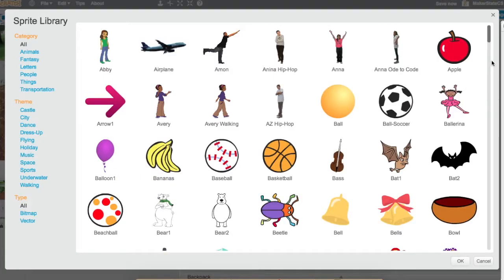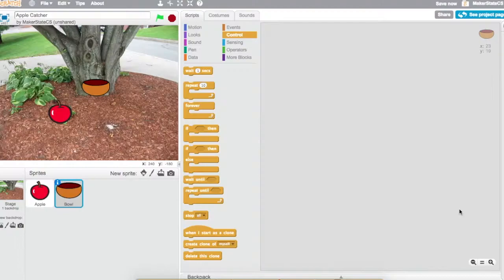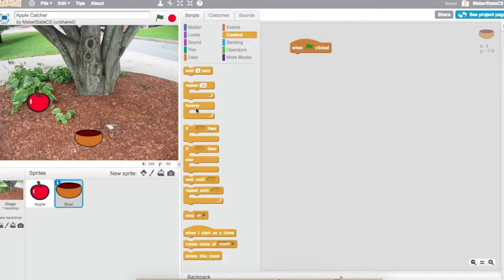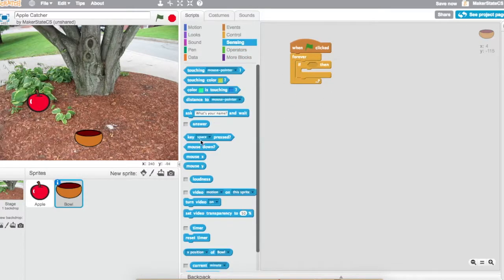I'm picking a new sprite, and I'm going to go to this bowl right here and pick this bowl. And we're going to write a very simple script for the bowl that allows the user to move it left and right using the arrow keys. So I'm going to stop this for a moment and use the when green flag clicked block and say forever if key right arrow pressed,